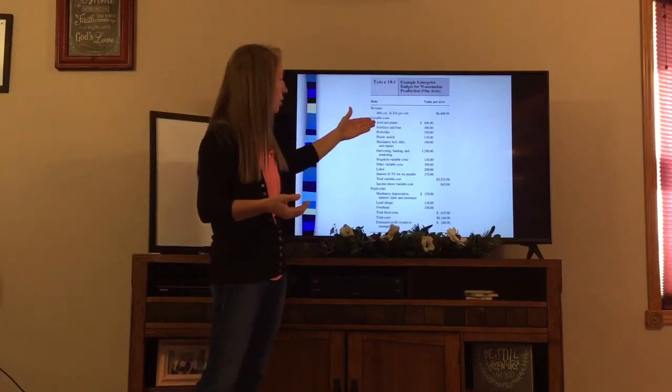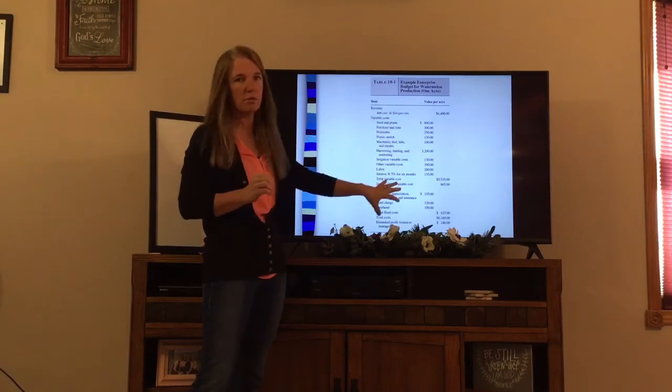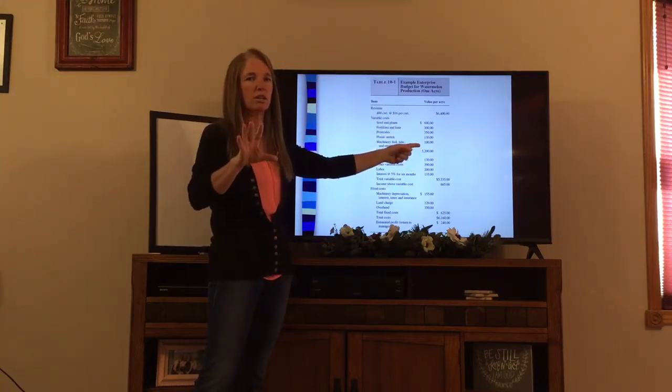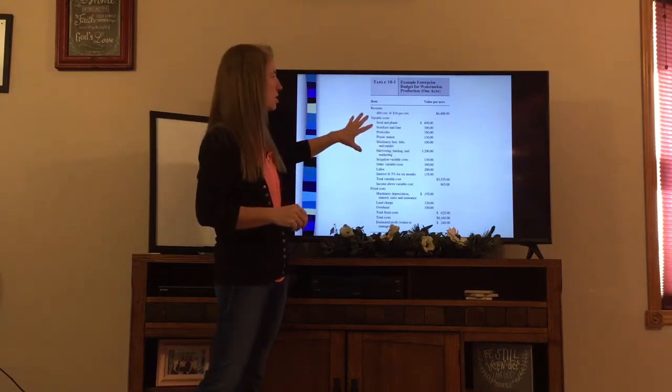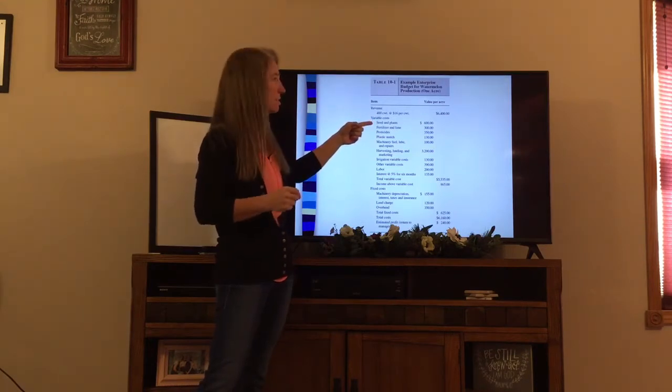I then go through and look at all my costs, and I do the exact same thing. This is a real simplified one, and so all these costs are just given as a per acre. We're going to look at a little bit more elaborate ones here in just a minute, so we'll take those one step further. So these variable costs, we take each different component of things that we know we're going to